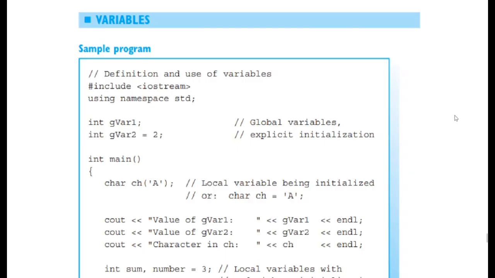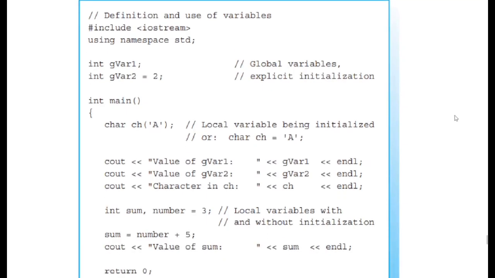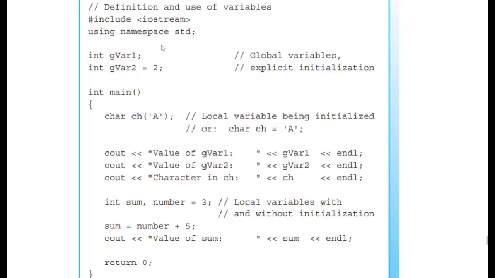And let's go through an example here in our example program. We start off with the preprocessor at the top. We declare our namespace. And then down here, we start right off the bat with the two variables that we're creating. So we have the data type of the variable, and then we have the name of the variable. Now you can see here it ends with a semicolon. So we know that that statement has ended and we haven't given that variable gvar1 a value.